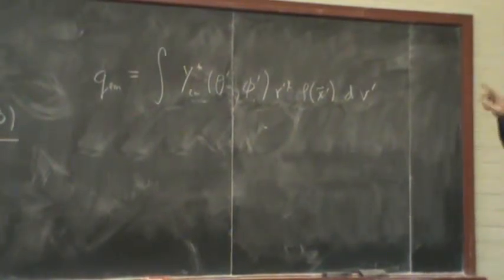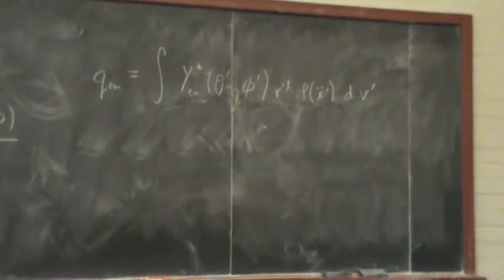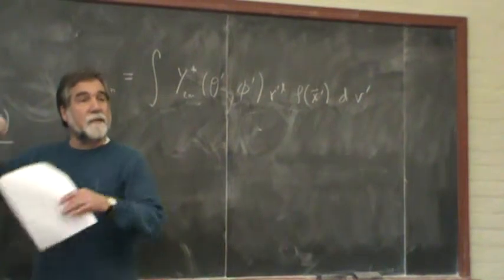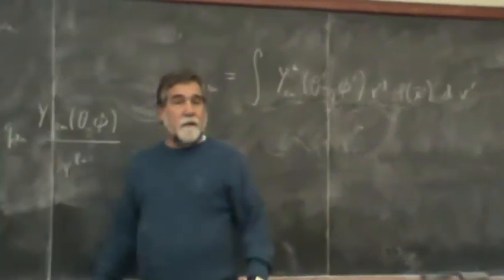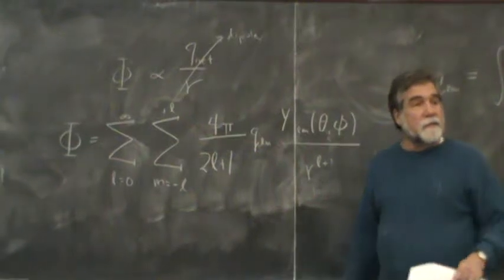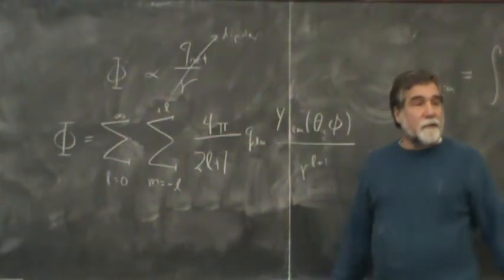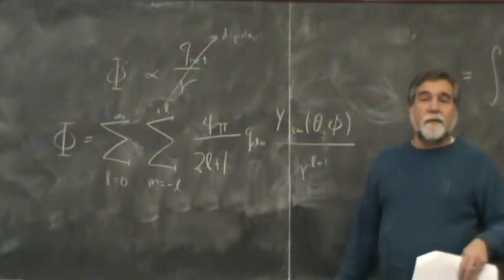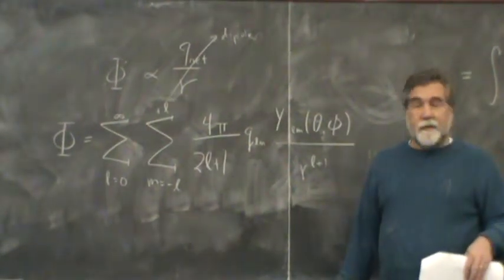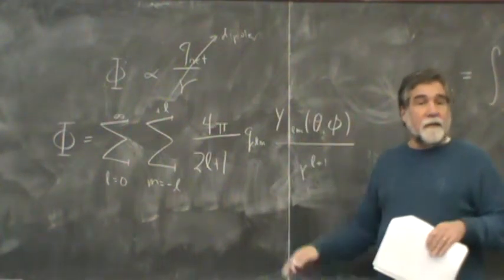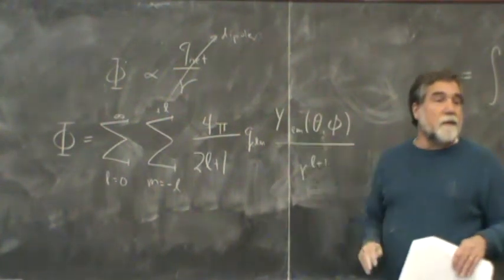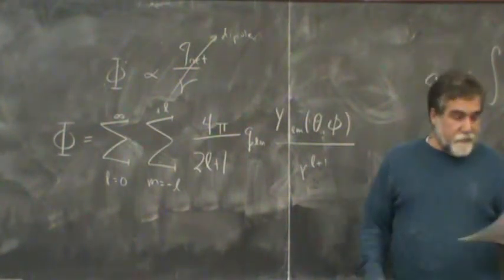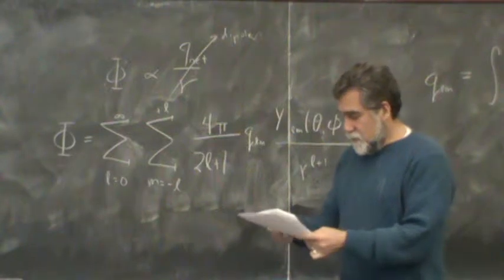Okay, so if I knew the charge distribution, then I could figure out what terms are going to dominate the potential that I see far away. But most of the time you don't actually know the charge distribution, so you invert the problem and you measure the potential far away and try to figure out what the charge distribution must have been. And again, if you have a dominant term in the potential far away, then you know that that's the lowest order of Q that is not zero. Okay, so